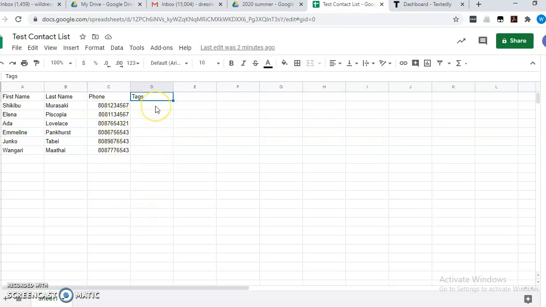Now to send a text, the only way to really do it efficiently is to include a tag. So a tag is kind of like a label that you are putting on this particular text message that you're sending out to this group. So in my opinion, the easiest way to do it is to start to label your tag by the date. So we are in